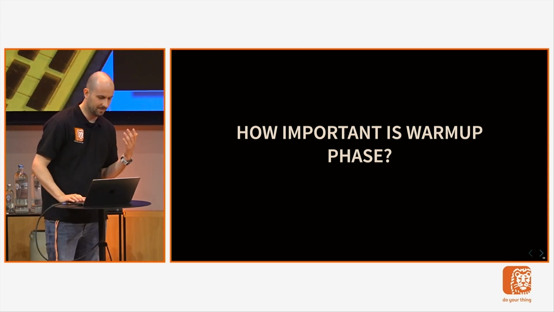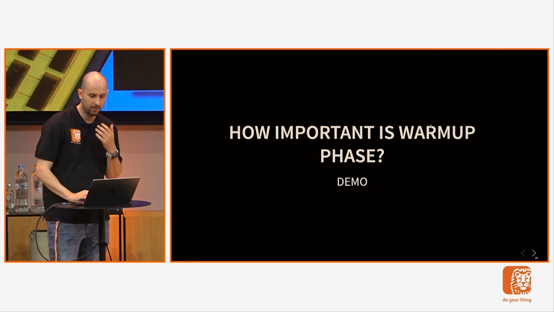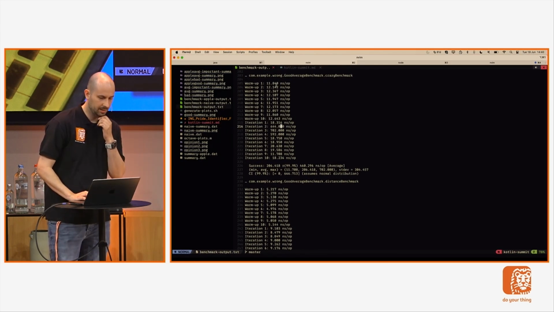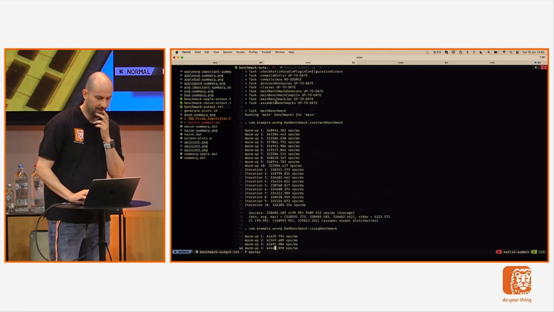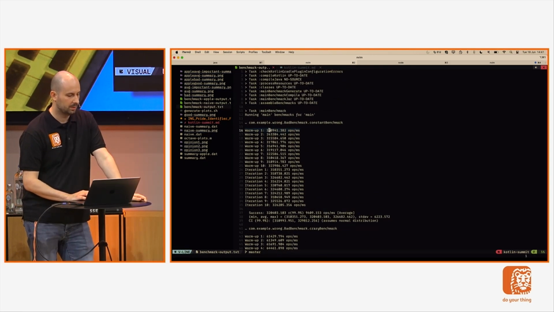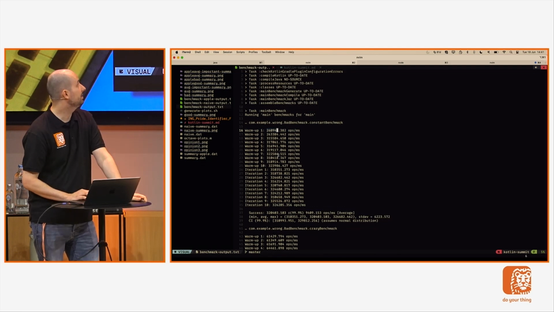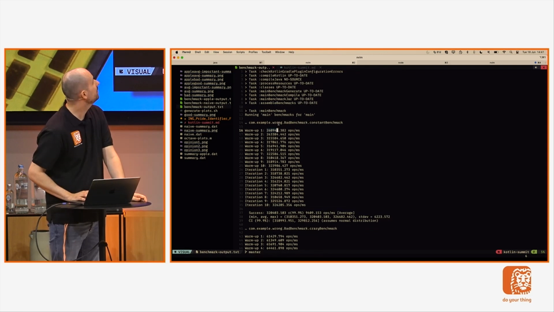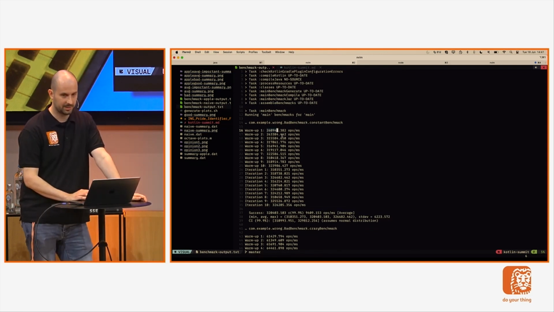I also mentioned in the beginning of this presentation that there is a warm-up phase. So actually, it's quite important. And now I will show you how the JVM is actually warming up to perform your computation. Here you can see that the throughput is growing, and it is growing quite drastically, I would say. When the iteration happens, there is like, I don't know, 40,000 operations per second more